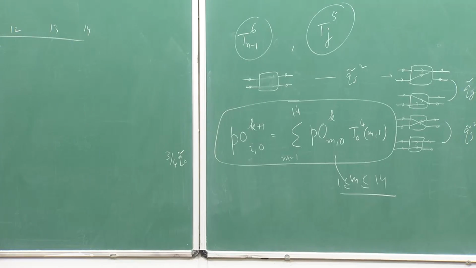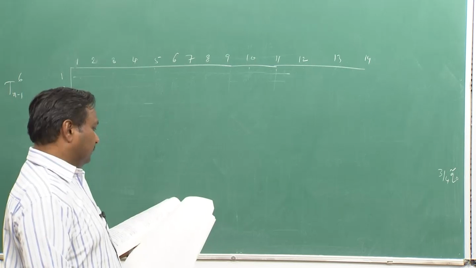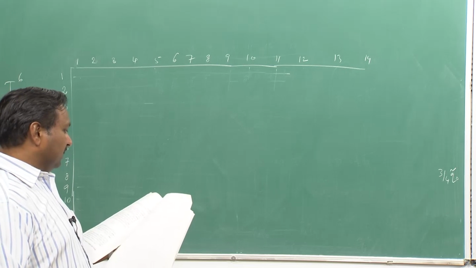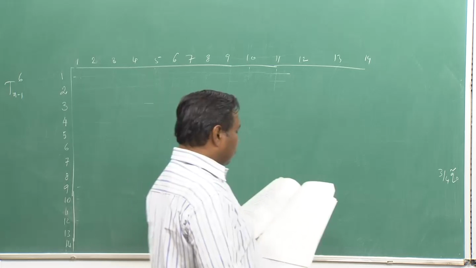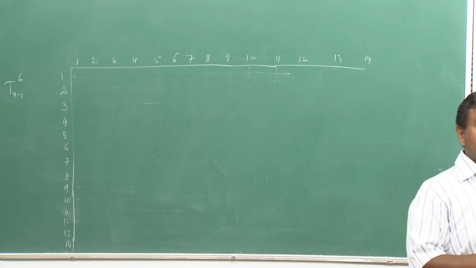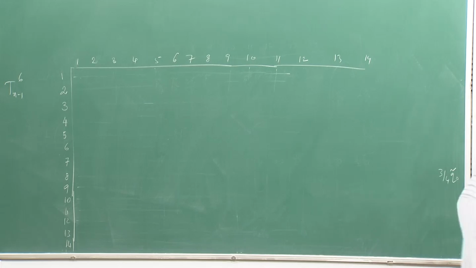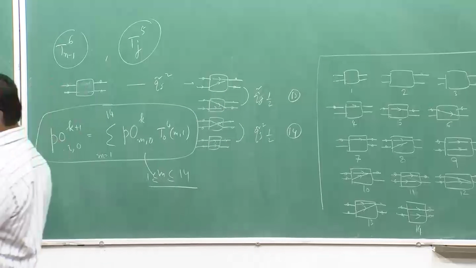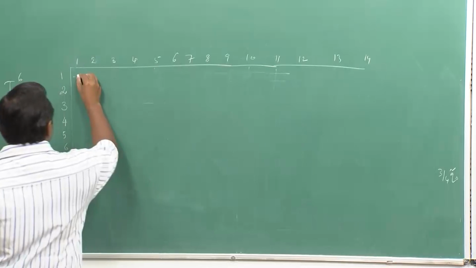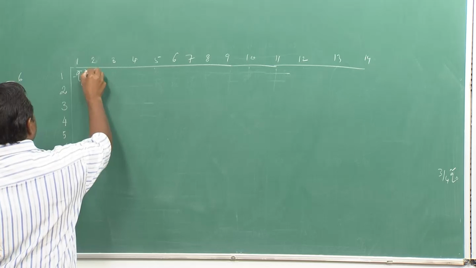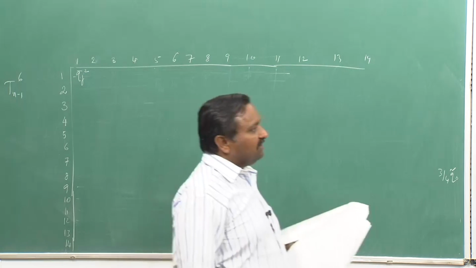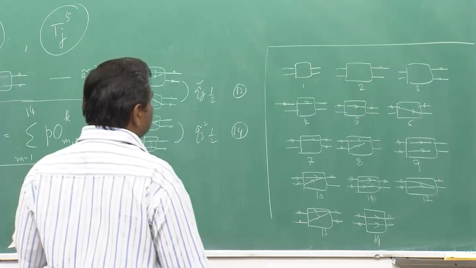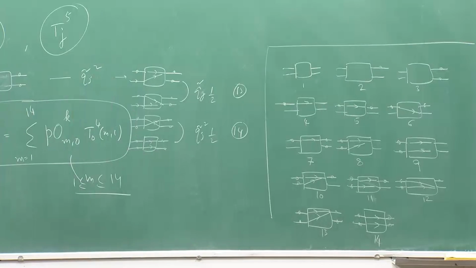So, if you are in, for example, state 1, then what is going to happen? You can actually get a packet or you may not get a packet. That is the only possibility, there is no packet at the outgoing port. So, you will remain in state 1 if there is no packet arrival, with Qj bar square. If only one packet arrives and the other one does not, then you will end up in state 4.